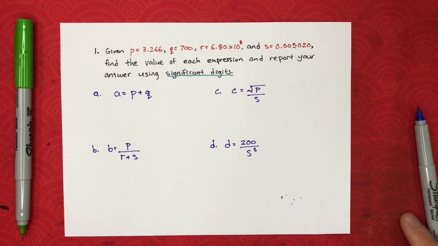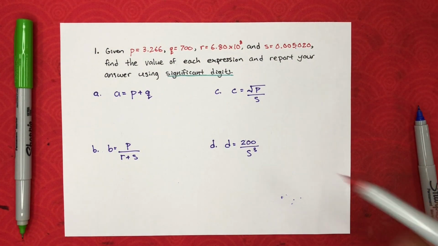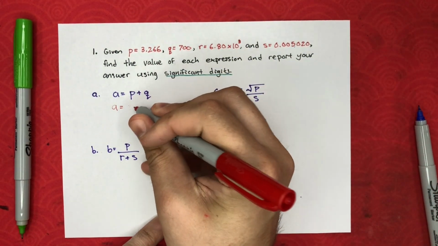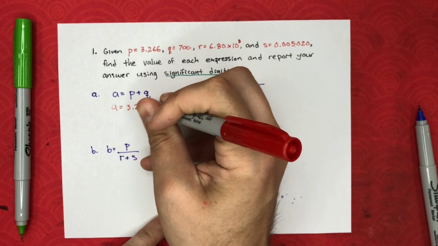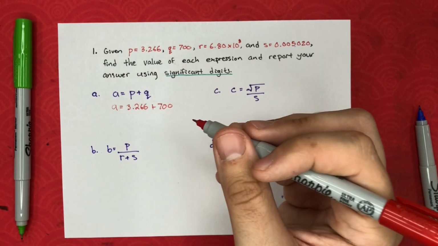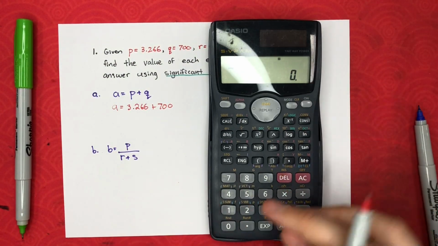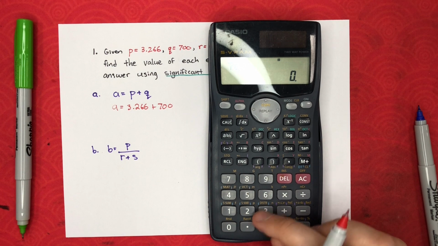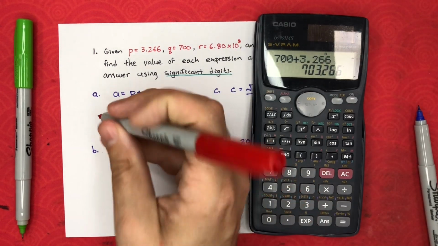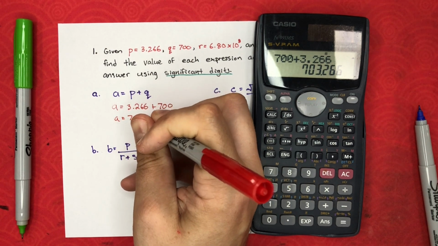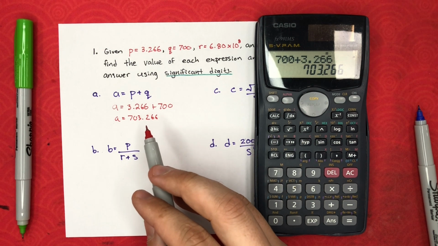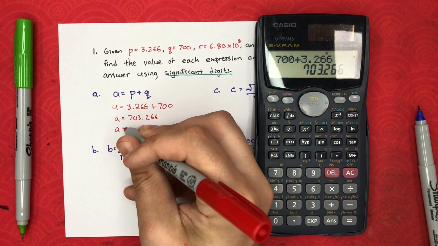Making sure to show all of our work, we should be substituting in all of these values in our first step. So P is 3.266 plus Q is 700. So if we put that in our calculator, we should have 700 plus 3.266. Our answer is going to be 703.266. And then we're going to have to round our final answer to 1 decimal place, or having 1 significant